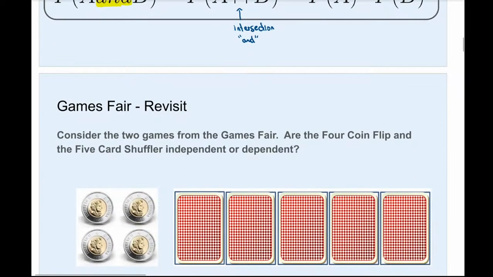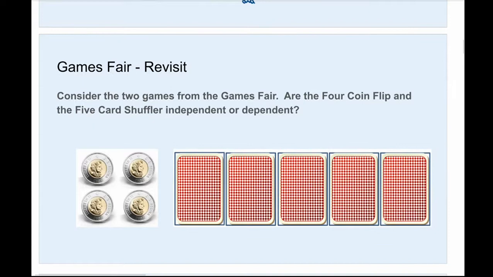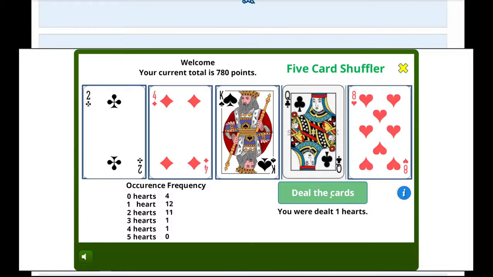Let's go back and revisit some of those games and think about which one was independent. If it's not independent, then we can reason that it's dependent, and we'll touch on what dependent is in a little bit. If I bring up these two games, looking at the 5-card shuffler first, where we left off,